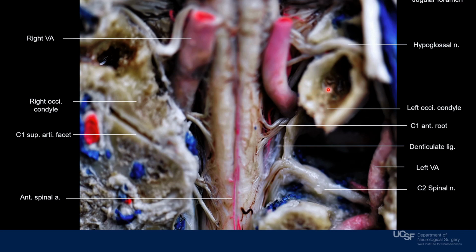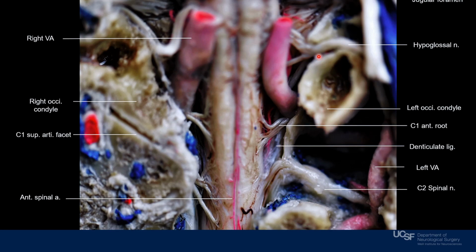Again, this is an anterior view cross-section from a coronal plane, and this is the atlanto-occipital articulation. And what we see here is the anterior spinal artery, which is a branch formed by both vertebral arteries. We see the dural sleeve of the C2 nerve,